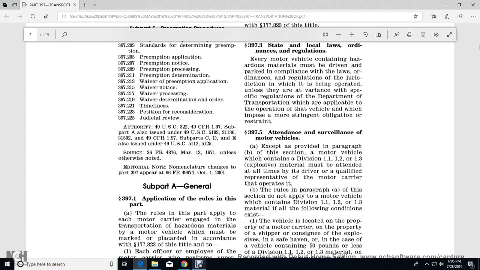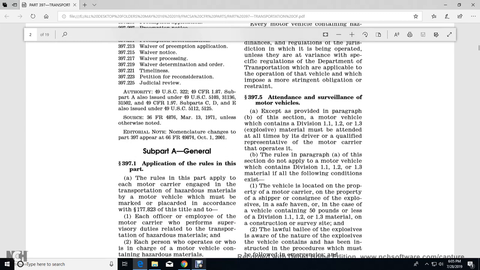397.5, Attendance and surveillance of motor vehicles. Except as provided in paragraph B of this section, a motor vehicle which contains Division 1.1, 1.2, and 1.3 explosive materials must be attended at all times by its driver or a qualified representative of the motor carrier that operates it. The rules in paragraph A of this section do not apply to a motor vehicle containing Division 1.1, 1.2, 1.3 material if